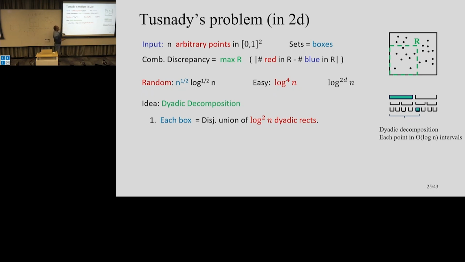What happens? Each of these arbitrary rectangles, I claim you can express as a disjoint union of log squared dyadic rectangles, right? Let's see in this first dimension: if I look at any prefix, I can write it as a union of log n many intervals, and I do the same in both dimensions. So the cross product will give you log square n. Good, so this is trivial. Basically it says I can just try to control the discrepancy of these dyadic rectangles, and I'll take a log square here.